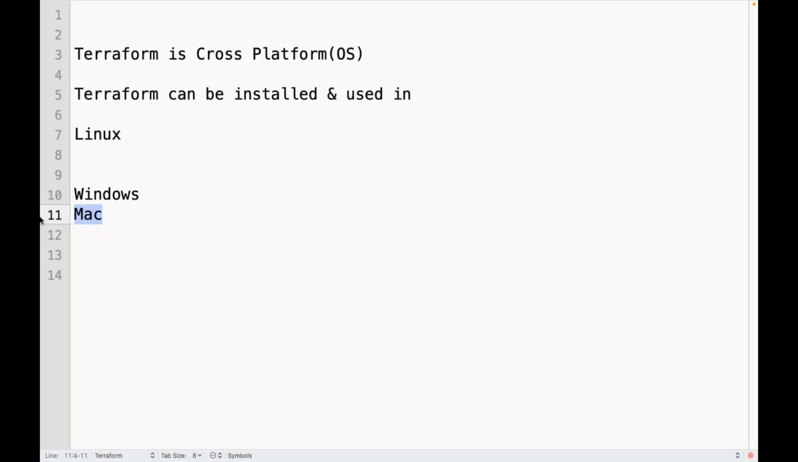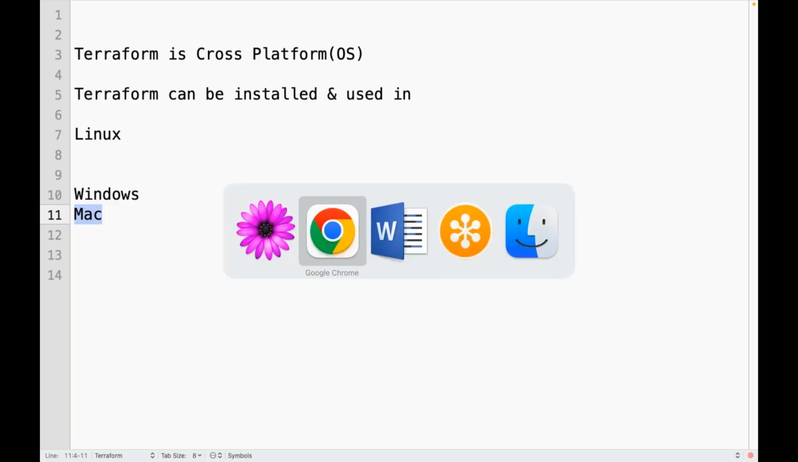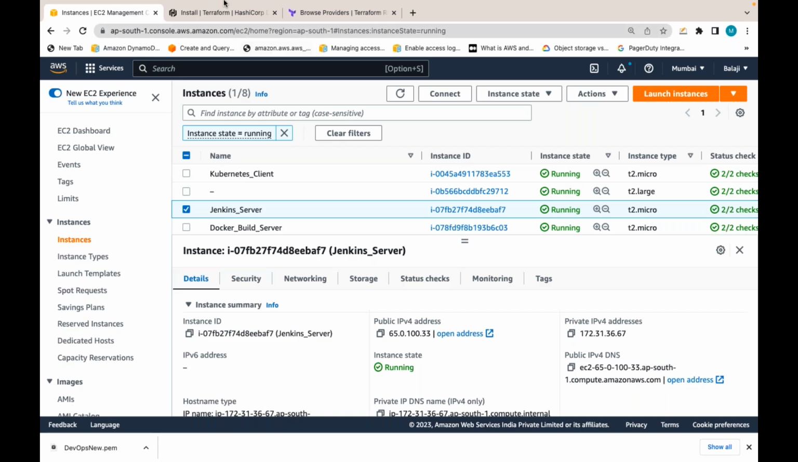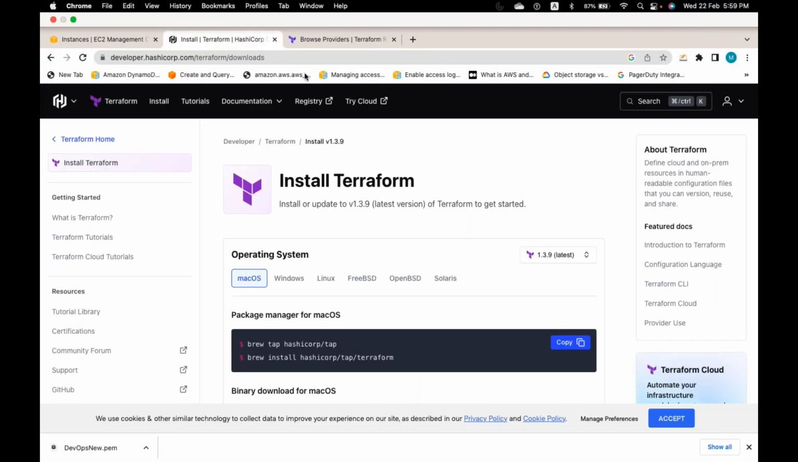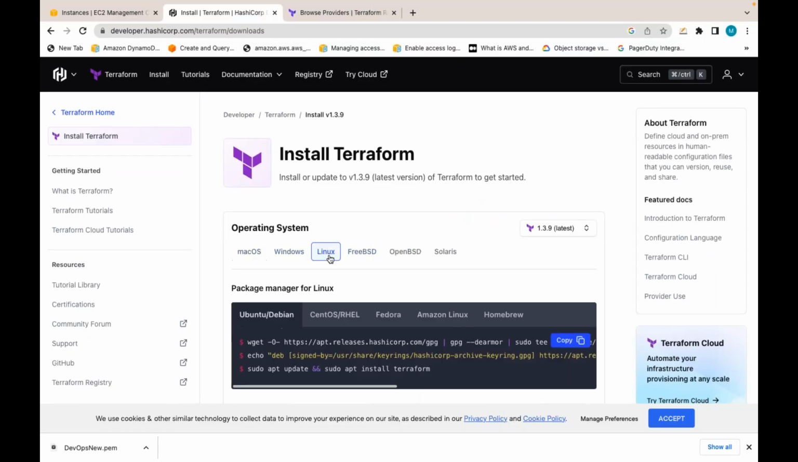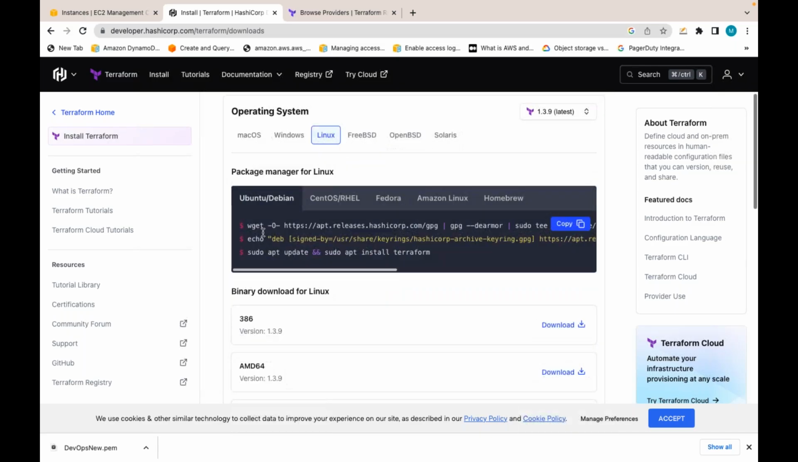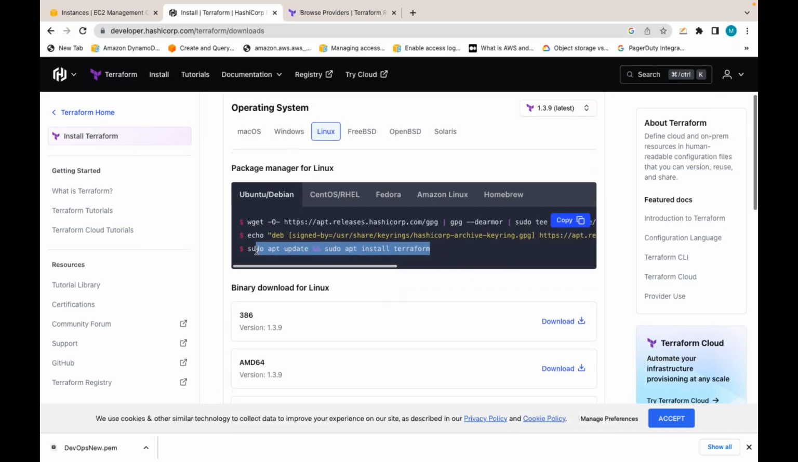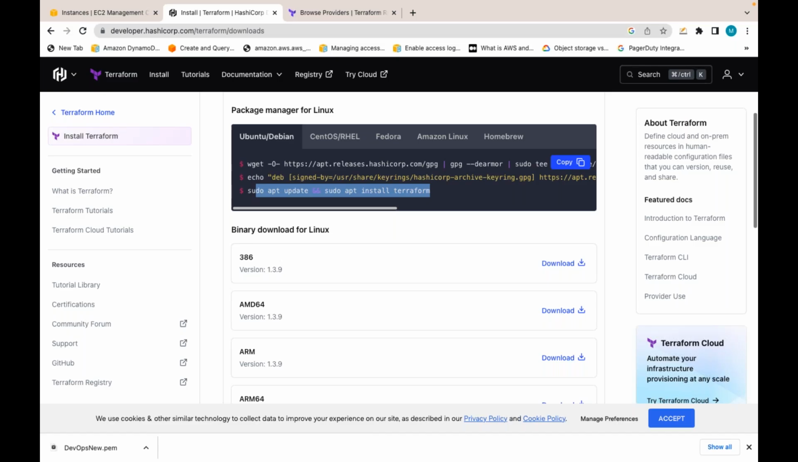If you have Ubuntu also fine, you follow the same instructions. So if you have Ubuntu, this works in Ubuntu. You download Terraform like this, and you need to download some editor